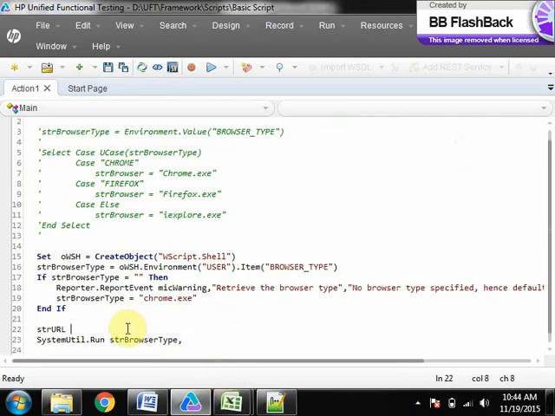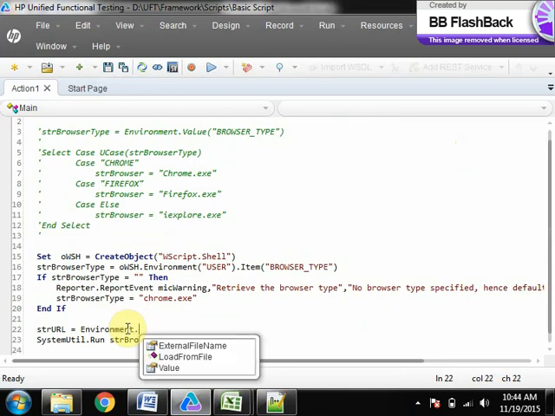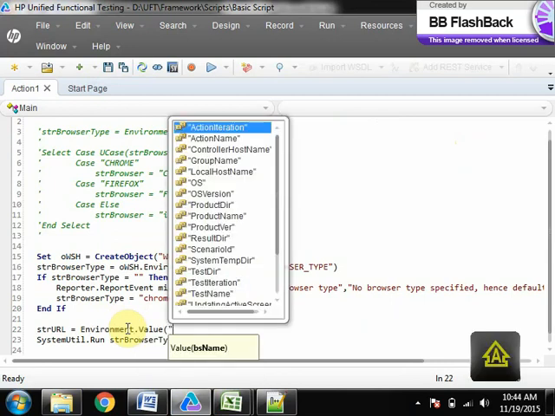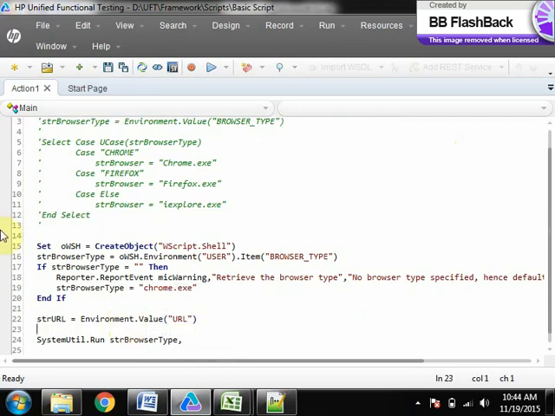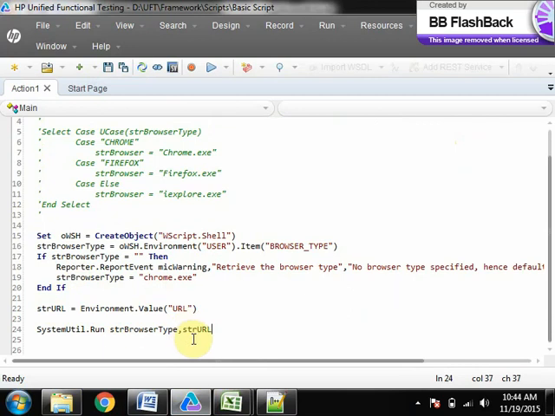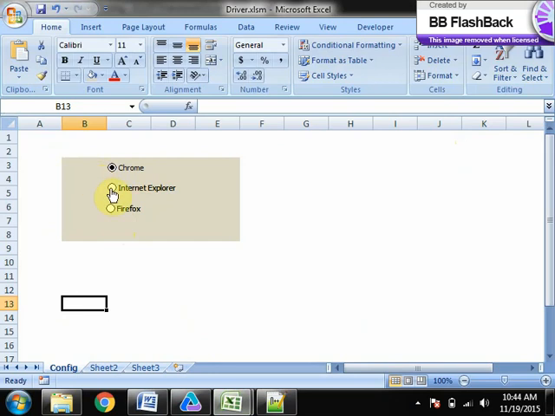Str URL equals environment dot value of URL. You know what I am doing? I am retrieving the URL from that environment variable file here. So depending on the setting that you have done, it will launch that specific browser, and depending on the URL which you have given, it will load. That's what I have given, dev URL.